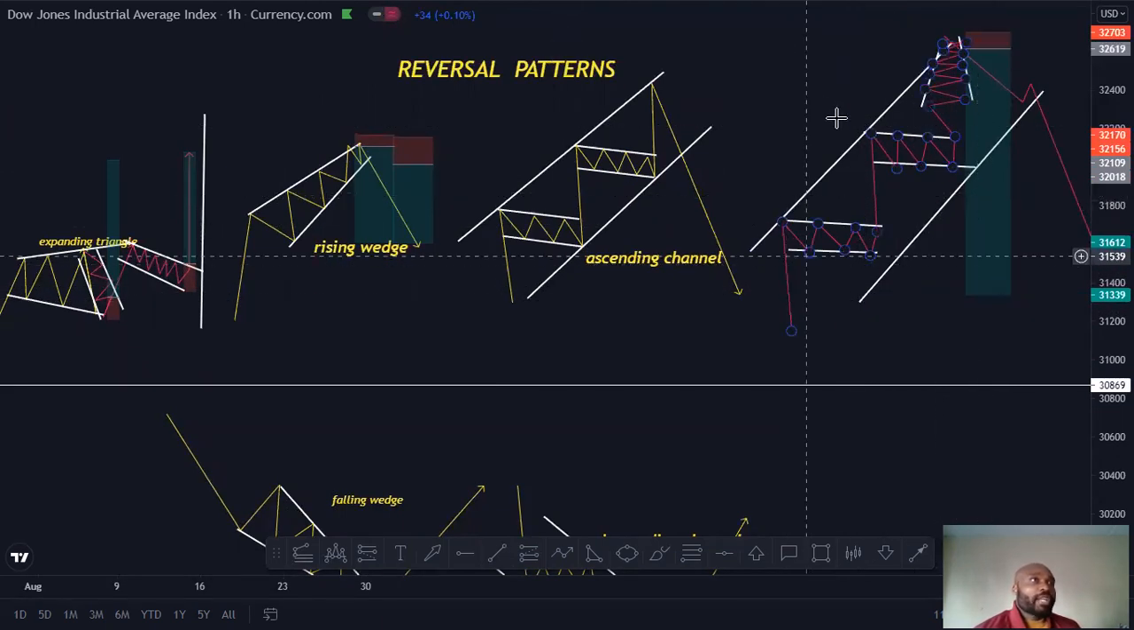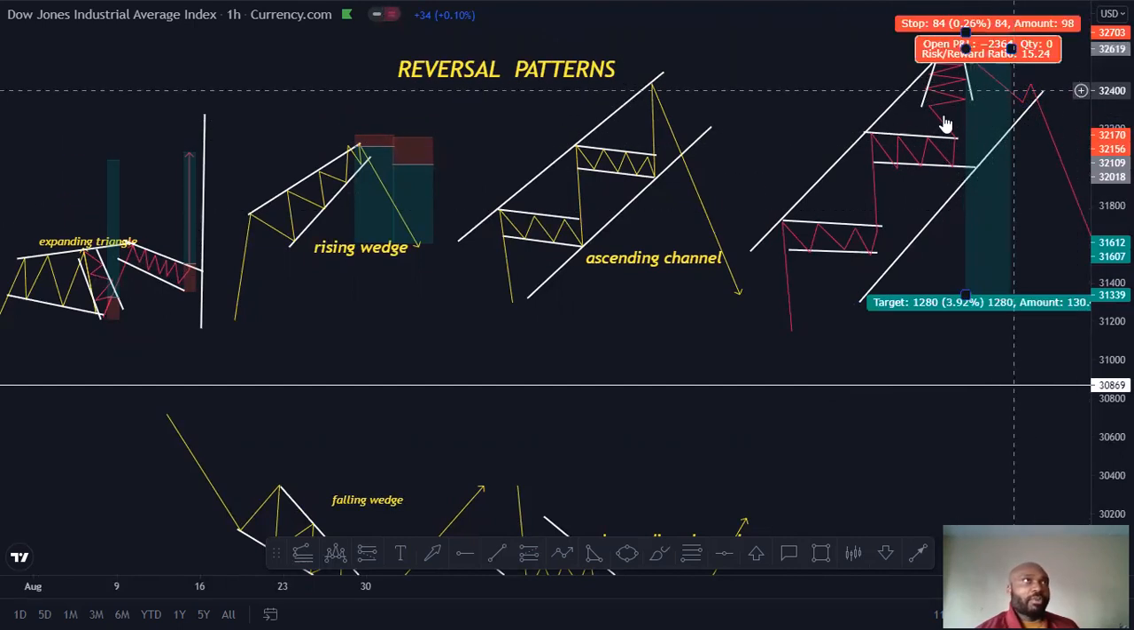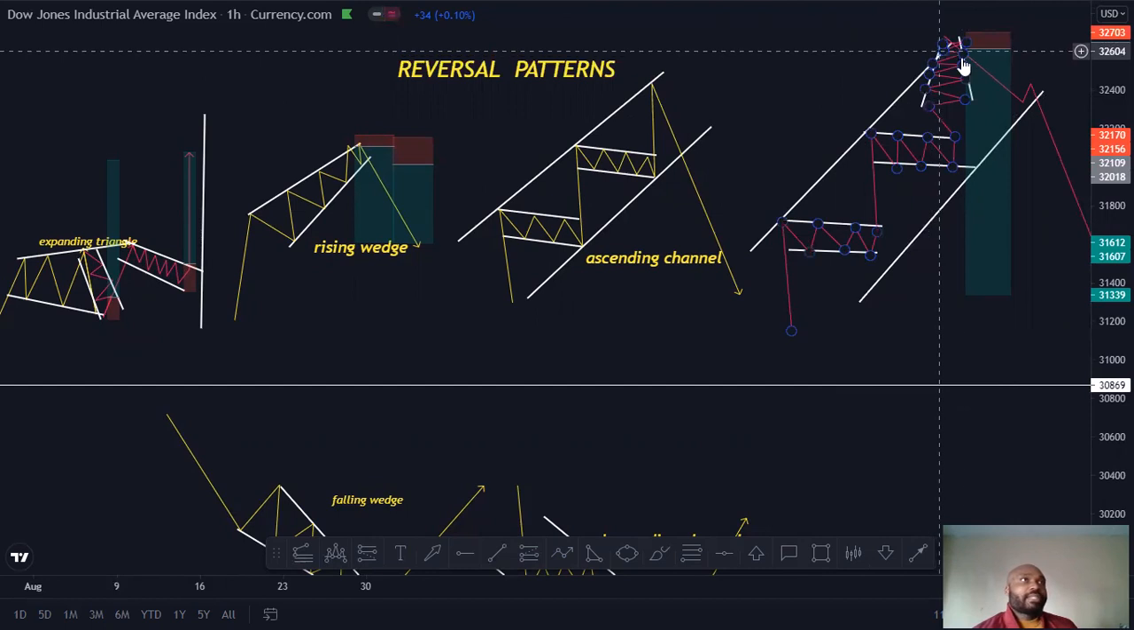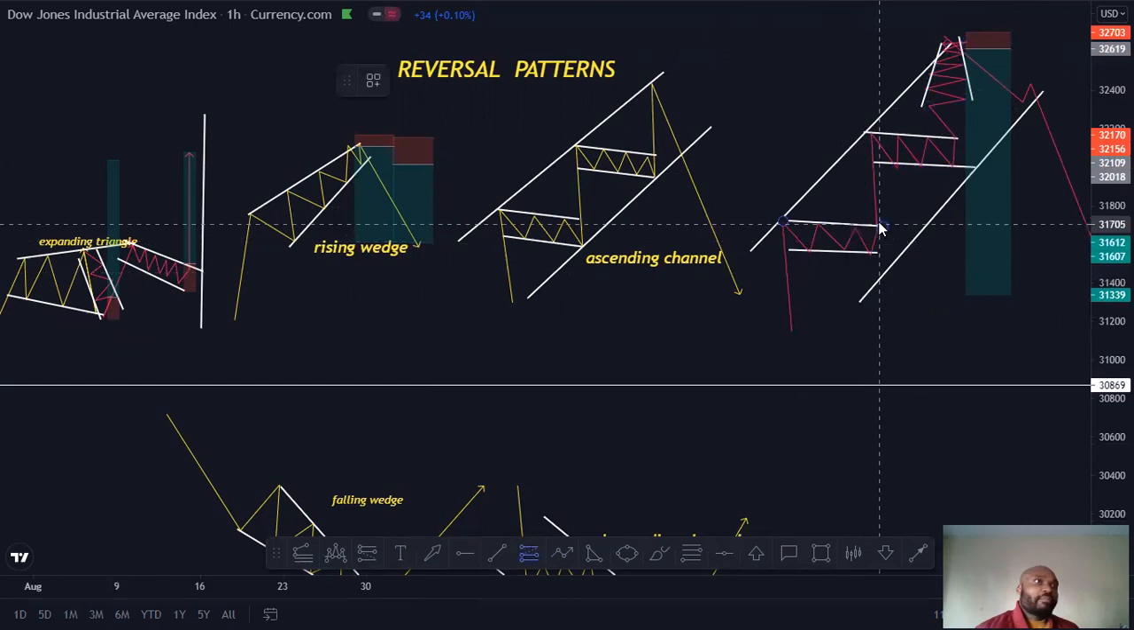Okay, but before you take that entry at the break of the channel, imagine if you're waiting for a break of that channel, what about the opportunities that are inside the channel? Or are you just going to let go of those opportunities? Look at this. Within that channel, you are able to find more opportunities. Okay, this is a reversal channel. The ascending channel is a reversal chart